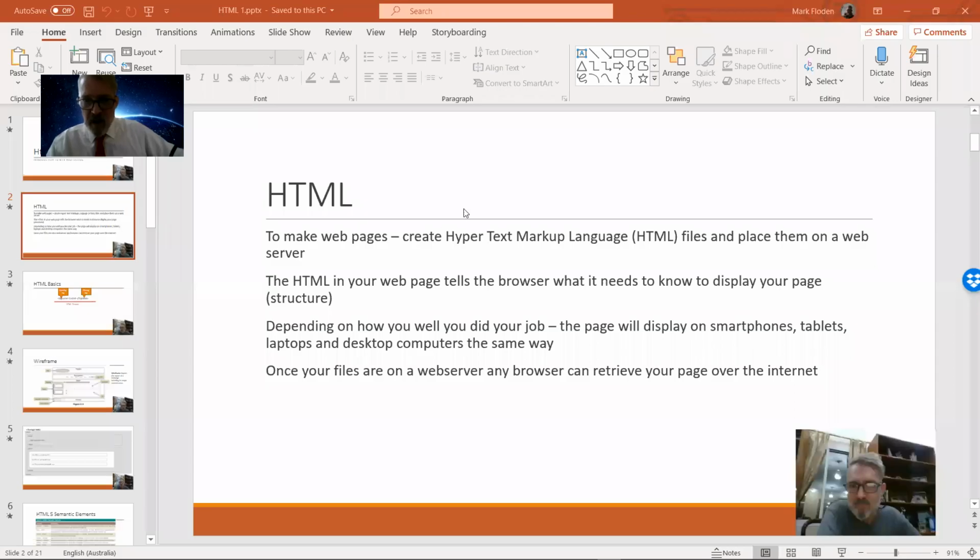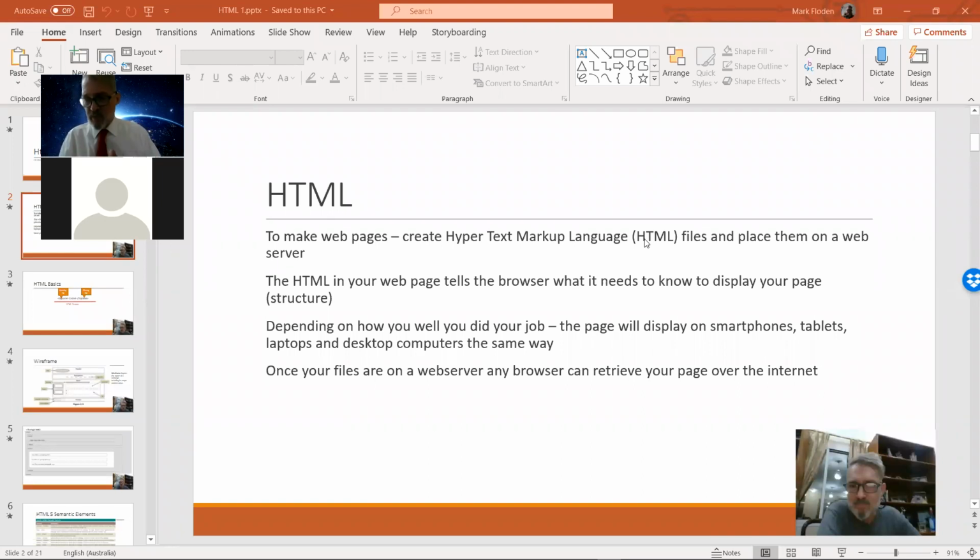HTML stands for the Hypertext Markup Language, which was invented in the 1980s. Basically, it allows you to put in special tags, we call them, which a browser will recognize and will use to mark up. That's why we call it Hypertext Markup Language. We'll use it to mark up